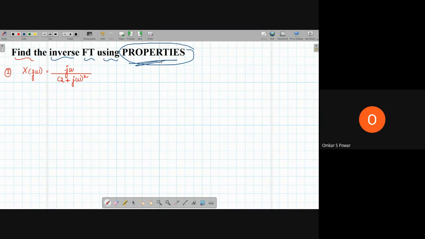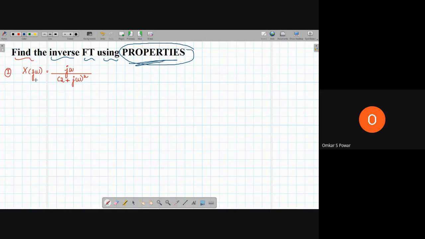So derivation is also important, but I have explained it on the surface level. Those things you have to keep in mind, and you have to apply those properties for this kind of problem. So let us see how we can apply the properties and solve step by step. This is a new problem for you, so bear with me and let's go step by step.